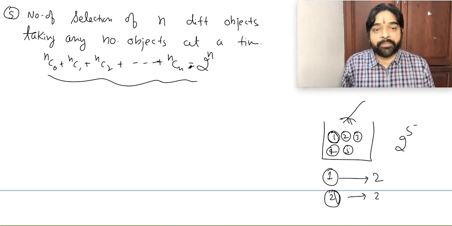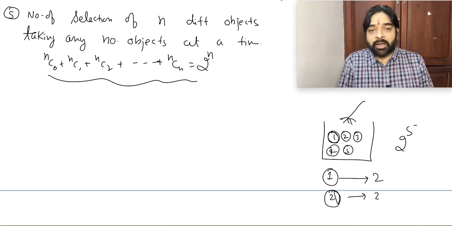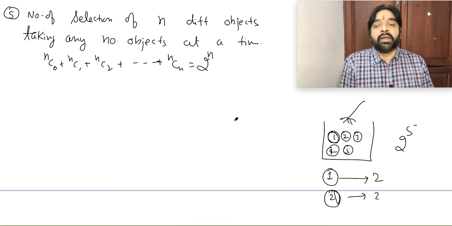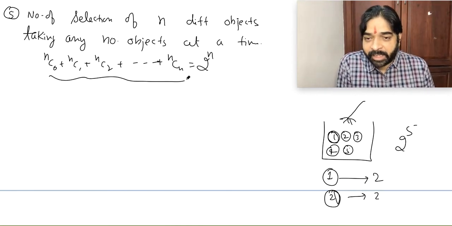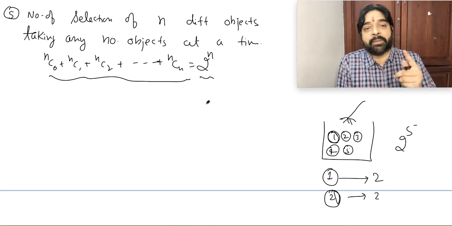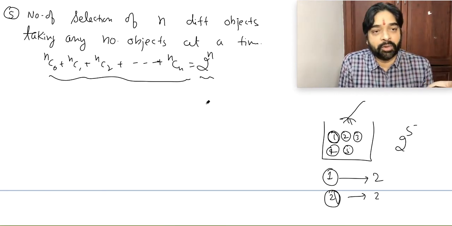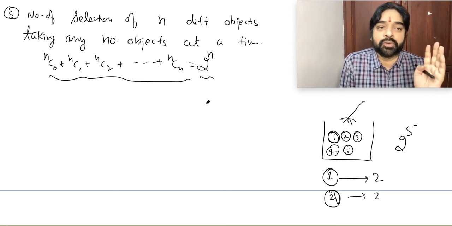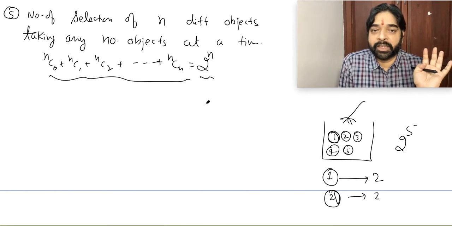This is another way to prove this formula. One way is to use the binomial theorem and prove it, but since binomial theorem is not done, I am not giving that formula. But directly we can say that this statement I can write as 2 power n ways also. Which way? Because every object has 2 choices. Either it will go or it will not go. So there will be 2 choices, 2 into 2 into 2, how many times? n times. So the answer will be 2 power n. Is this point clear to everybody?